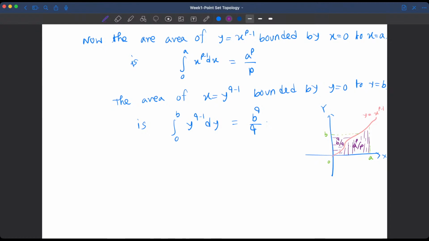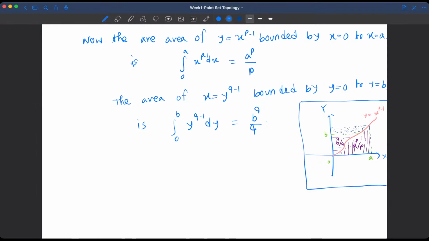But if I consider ab, this will be the whole rectangular area, so this part is at least extra. Even if we had b greater than a, this part would be extra in that case. So in any case,